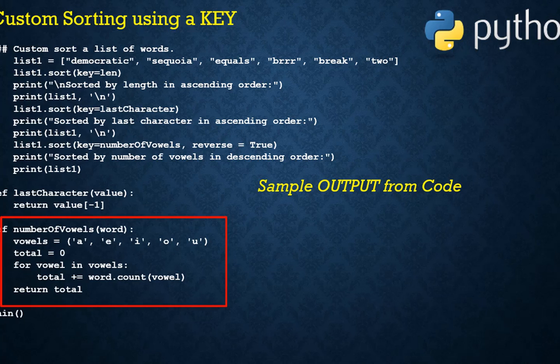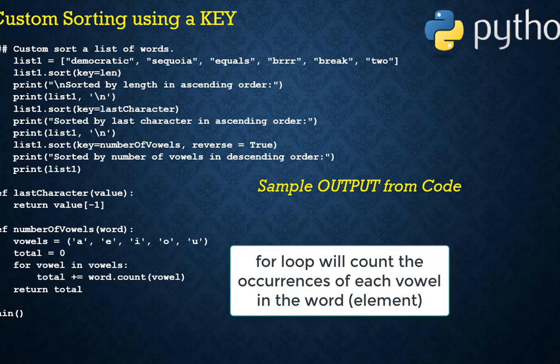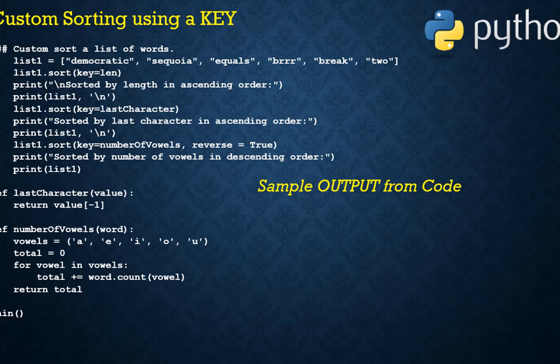We see we have a tuple named vowels, consisting of A, E, I, O, and U. We have an integer total set to 0. And then for vowel in vowels, we are going to check to see if it's in the word, we will count it and add that to total. So for every vowel, A, E, I, O, or U, that exists in the word,